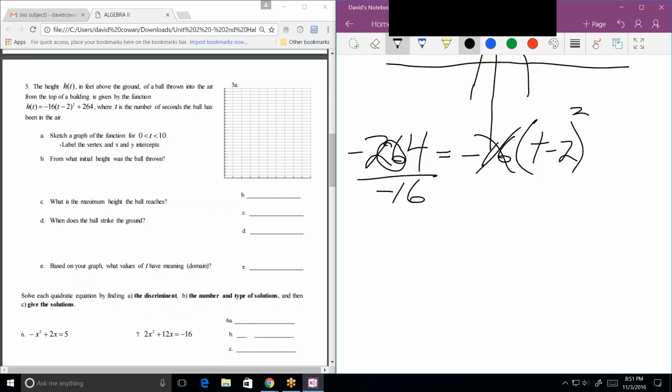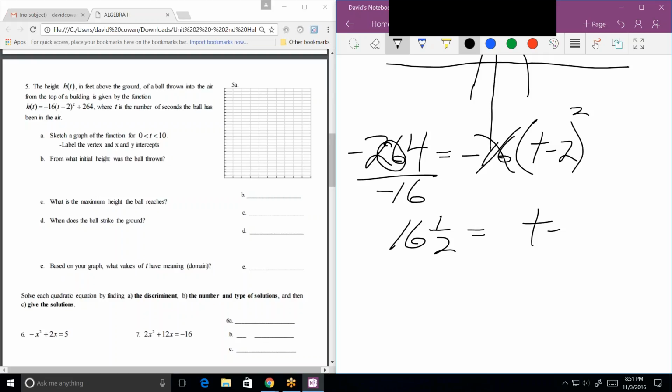And it also turns this positive. Now I'm betting that 16 goes into that an even number of times. I'm going to use my calculator. 264 divided by 16 equals 16 and a half. I was wrong. So 16 and a half equals